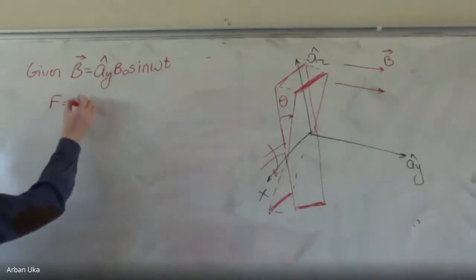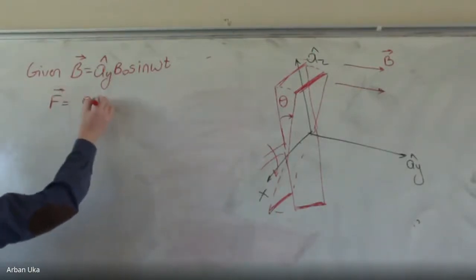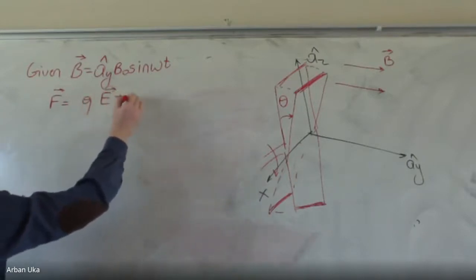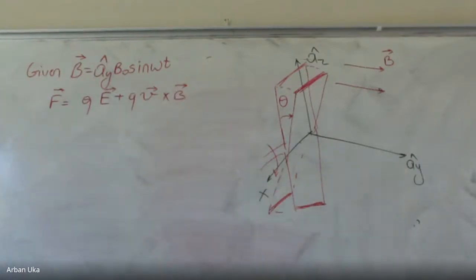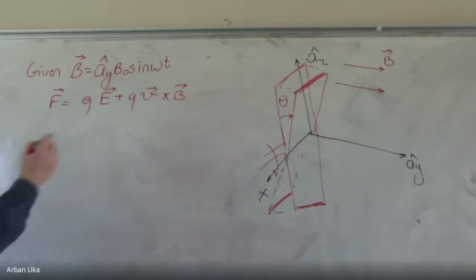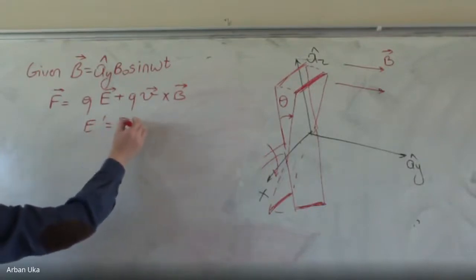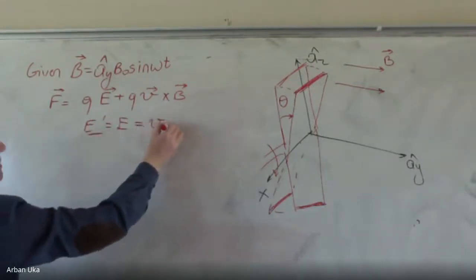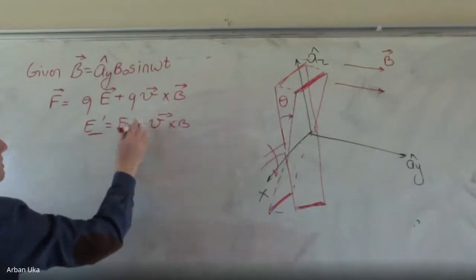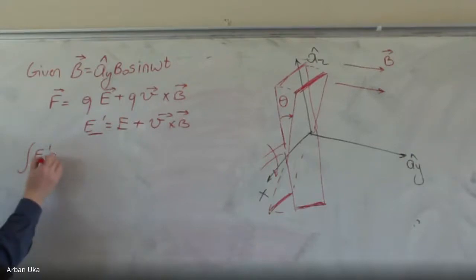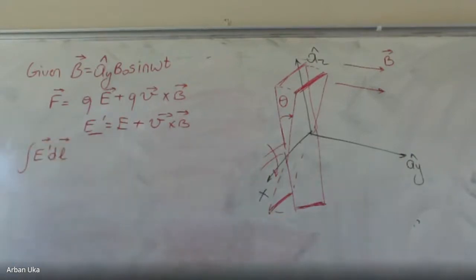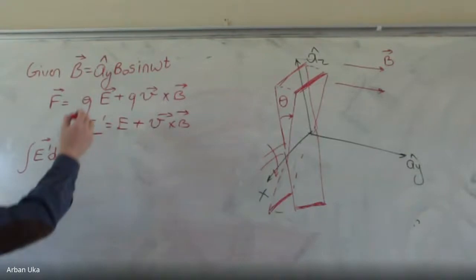And this force on the charges is always equal to QE plus QV cross B. So if this is the force on the circuit, we have an effective electric field, which is E plus V cross B. And with these two, finally, we can say that the line integral of this effective electric field, E prime, which is equal to these terms here,